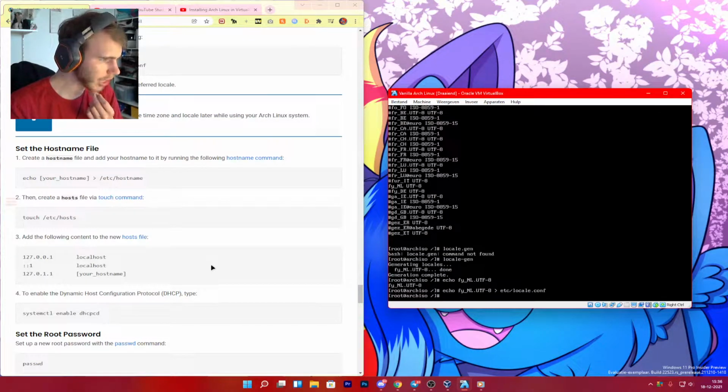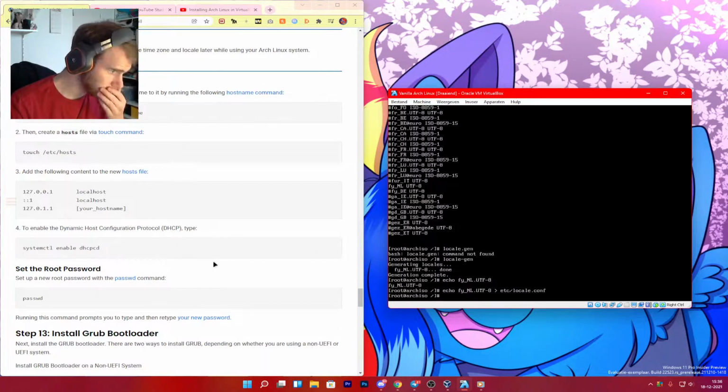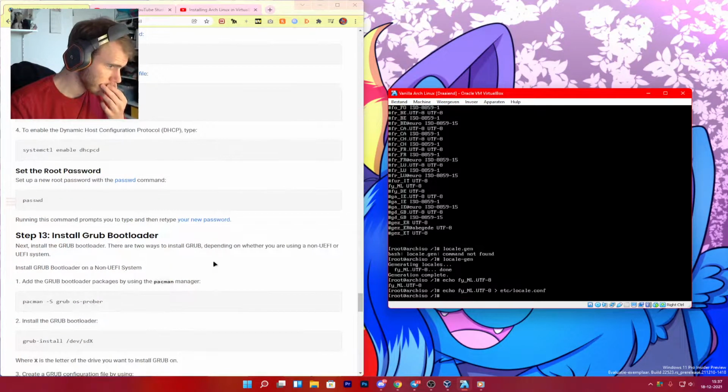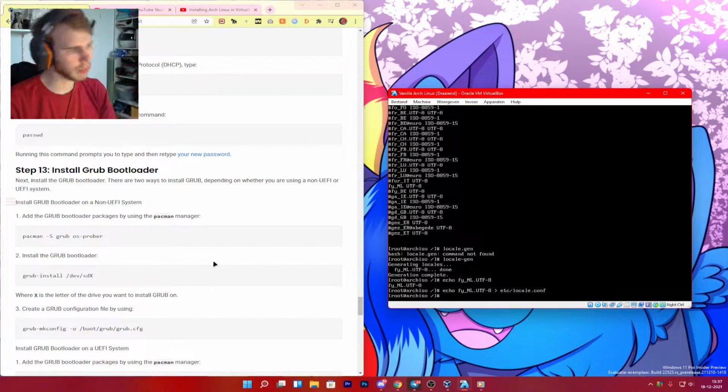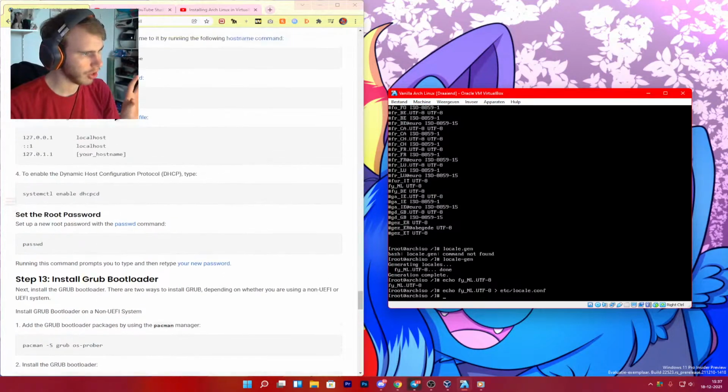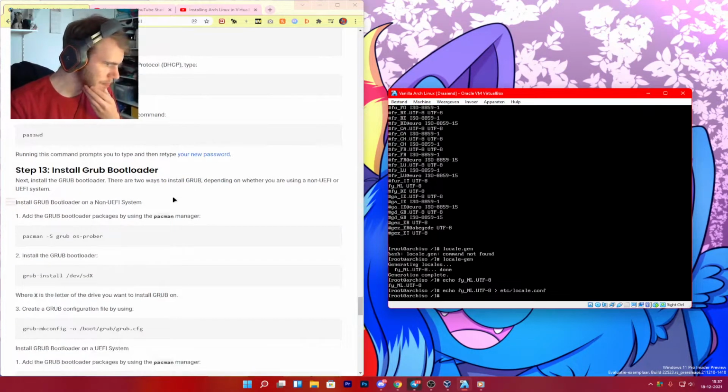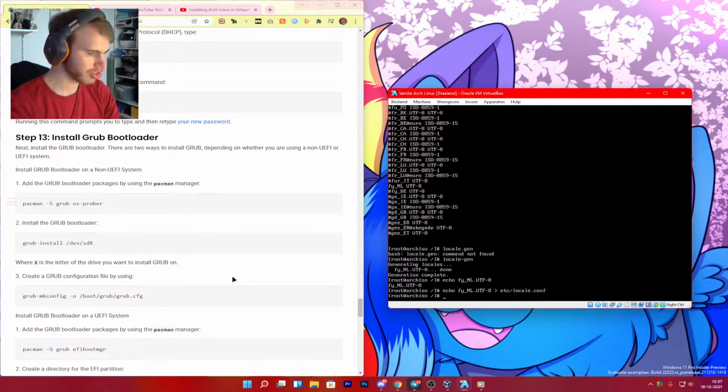Yeah, I don't think I want to set the hostname file. I never do this. I don't know if it's necessary. And even if it is necessary, I don't think it'll be used at all. I'm just going to skip that part and leave the hostname file empty. And we're going straight back into